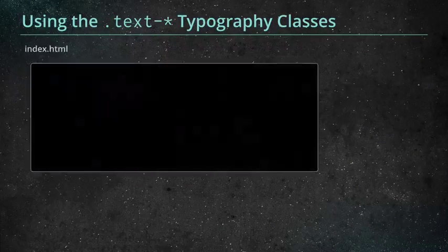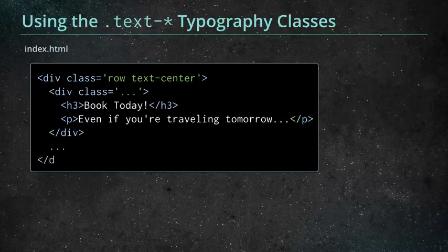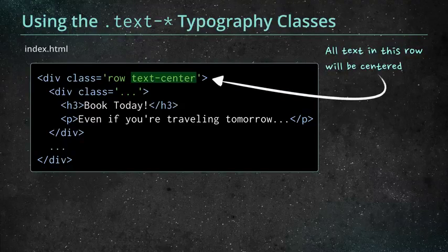Here's our div row for our 3 featured items. We'll try centering all text within this row. In order to do that, we'll use a text alignment class for our row, which will affect all of the text within that row. In this case, we want to center the text, so we'll add a class of text-center to the div. Well, what if we had only wanted to center the H3 tag? Well, we could have added a text-center class to that element instead. In this case though, by adding the class here, it will center all of the headers and all of the